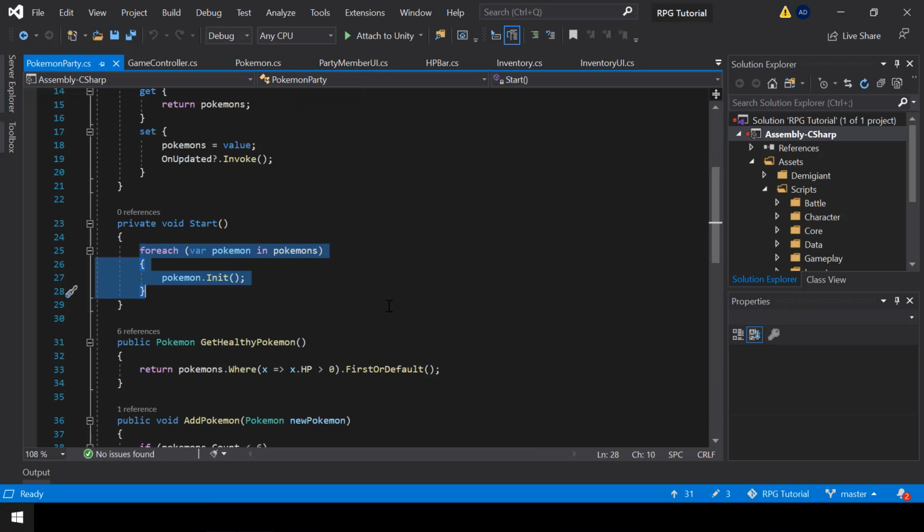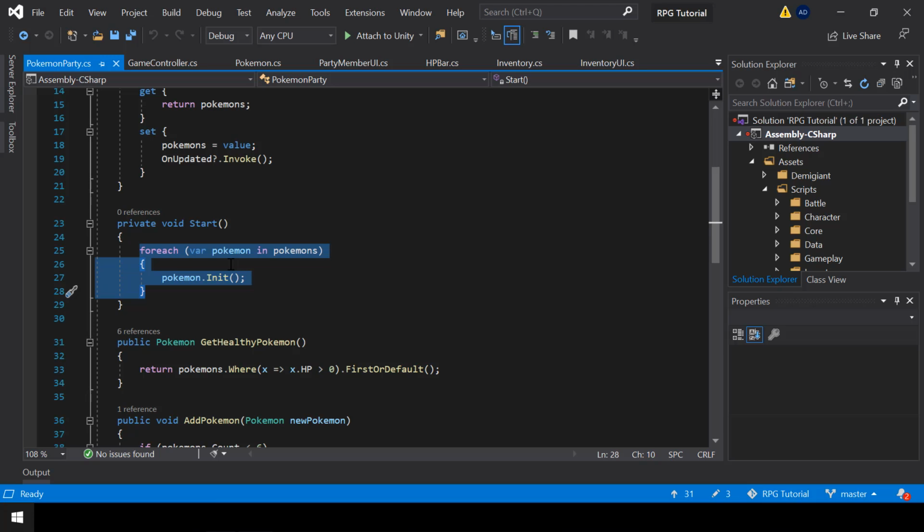So one way is to change the script execution order in Unity. We can tell Unity to execute the Pokemon party script first before executing the game controller. But that's a very bad approach. It might cause more issues in the future.